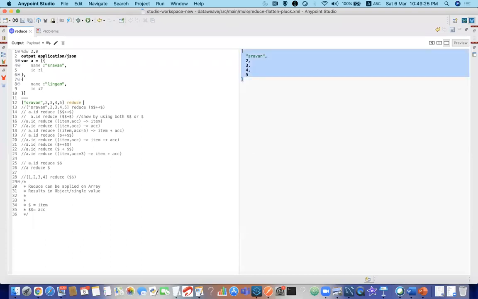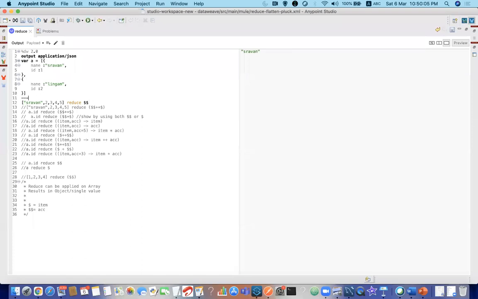I'll just type reduce $. What it is giving, when you use reduce with only $ alone, is only the last value of that particular array. You have to understand this when you write this syntax. If you want to reduce into some expressions, please use specific syntaxes. If you just use reduce $, it will give the last value. If you use $$, it will give the first value. So there is no use of using only $ or only $$ alone.